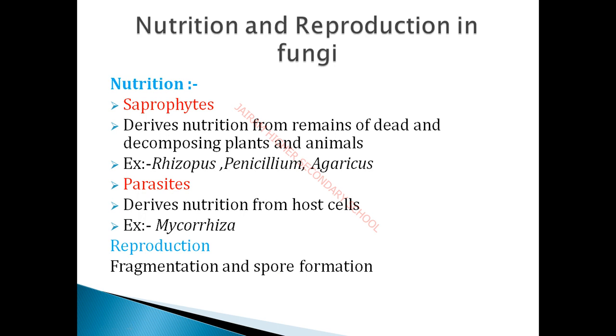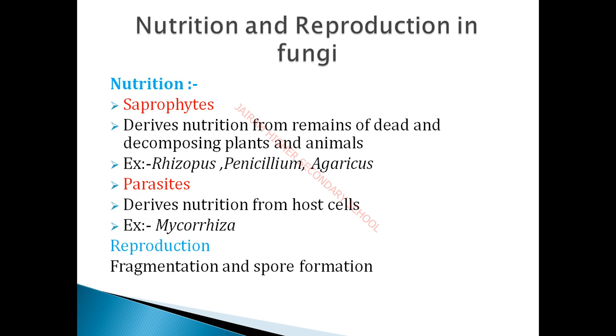What do you mean by asexual reproduction? It does not involve the male and female gamete. So male and female, two separate sexes, are not necessary. It requires only a single parent. So that is asexual reproduction, and the formed daughter cells will be similar to that of the parent cell.